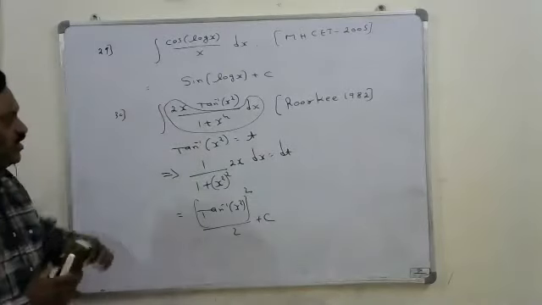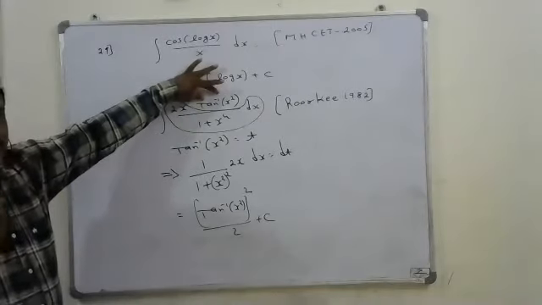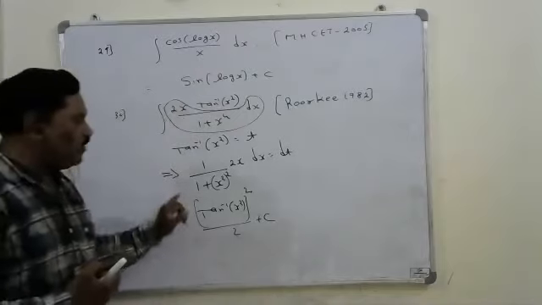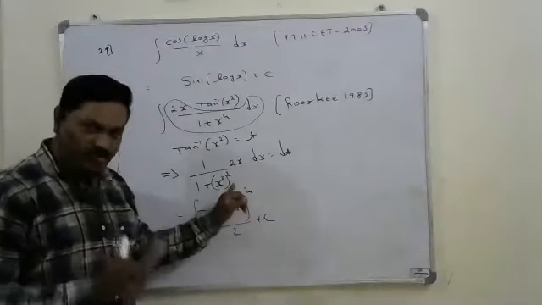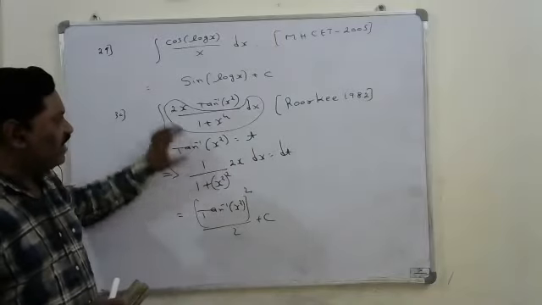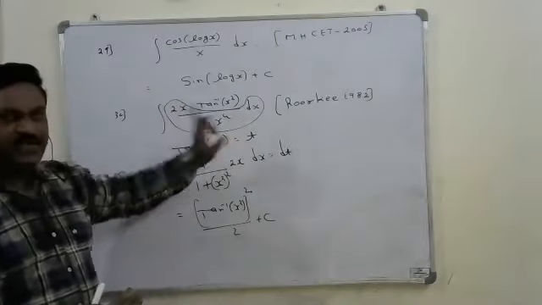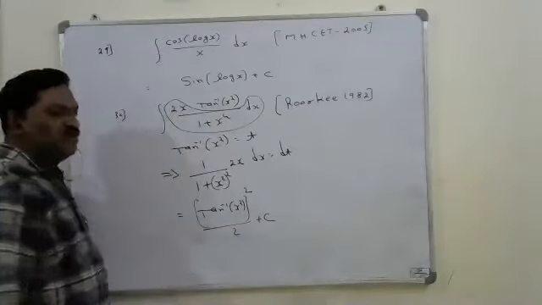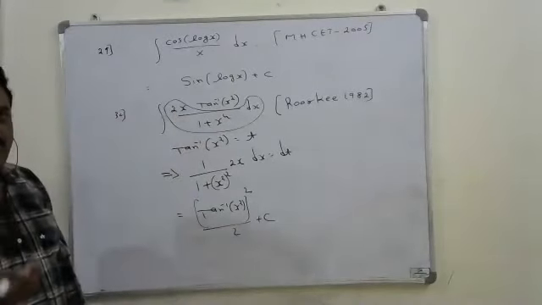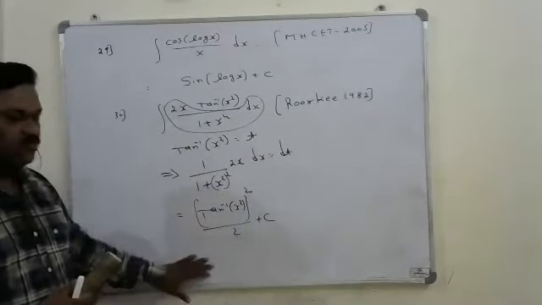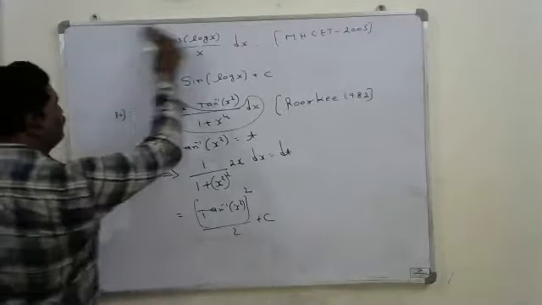Okay? So you have taken tan inverse x square equal to say t. The derivative of tan inverse x square is 1 upon (1 plus x square) whole square, into, again, the derivative of x square, which is 2x. Exactly this entire value is available on this side of that function. Therefore the problem becomes integral t dt. Integral t dt is t square by 2. T square means (tan inverse x square) whole square by 2. That's the answer. Take that.